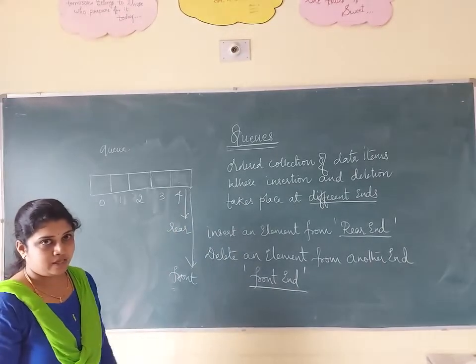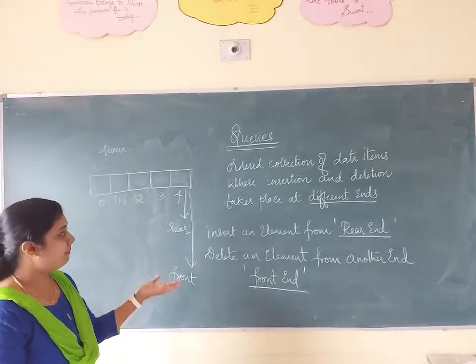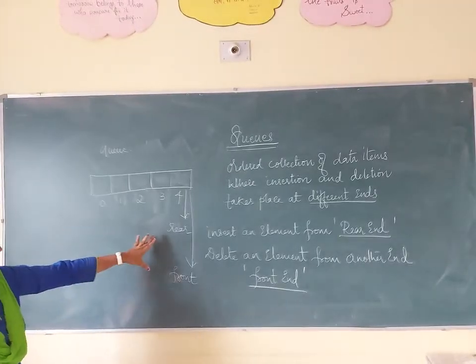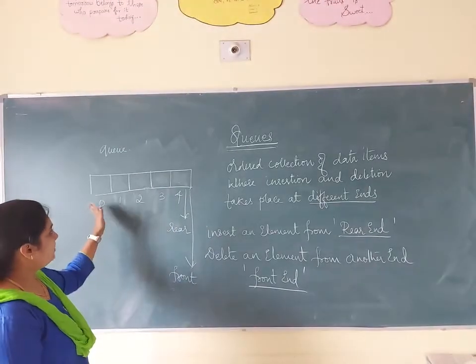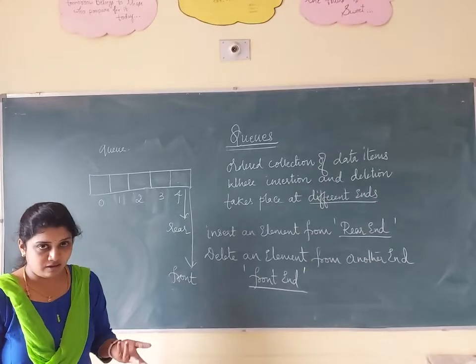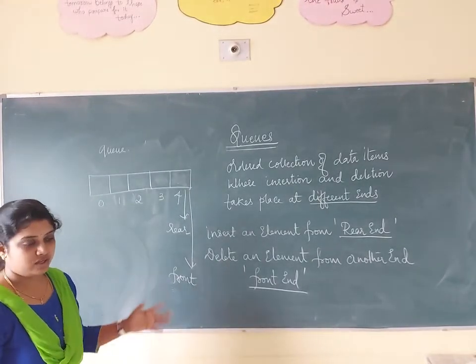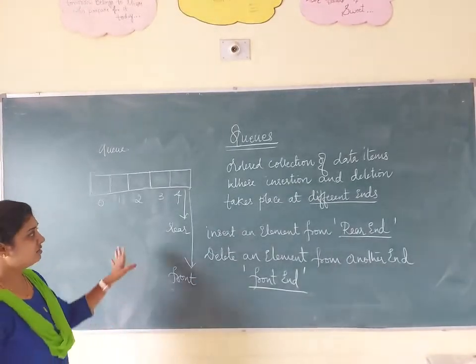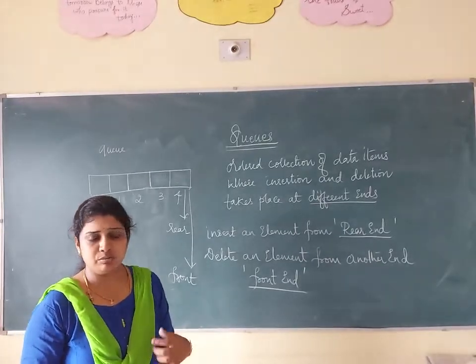At the end. Now again what you have to do, you have to bring this position back. So see here, rear and front are pointing to the location 4, and how many spaces are we having? 5 memory spaces we are having. So this is what, a queue. The normal queue works like this, or else you can call this one a simple queue. Queue, simple queue, both are the same.